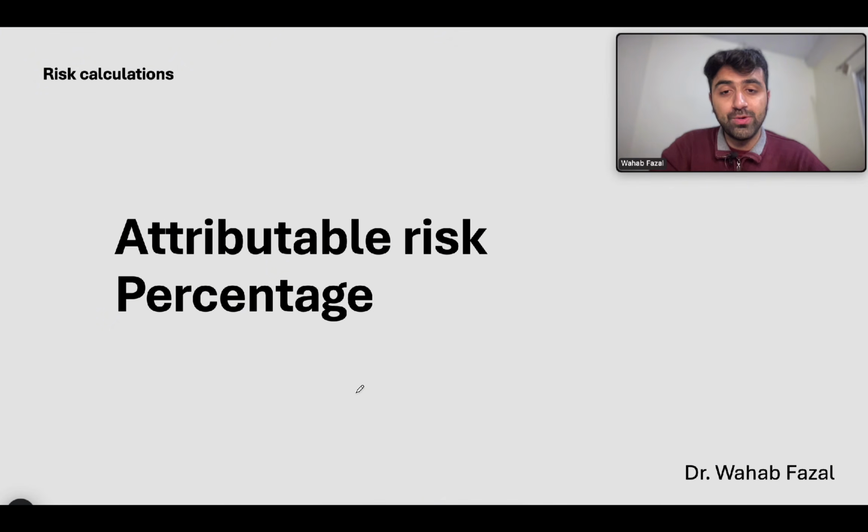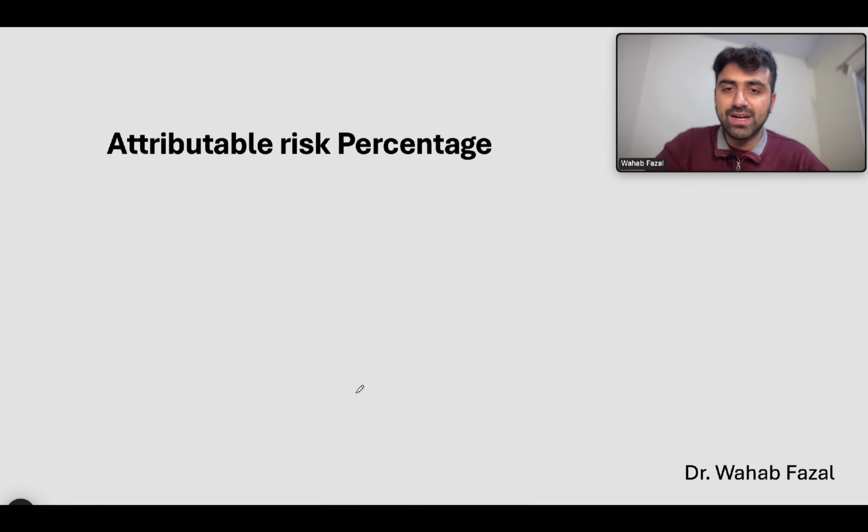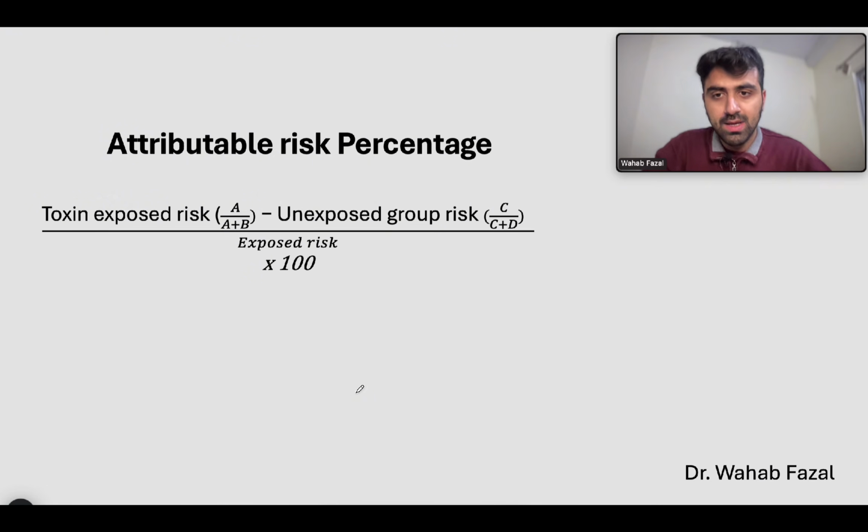What is attributable risk percentage? This is a very simple concept, and I'm not going to spend a lot of time on it. If you understand the concept of attributable risk, this is very simple for you. So let's get into it. It's the same thing. The top part of this equation is the same as attributable risk, meaning the risk in the exposed group minus the risk in the unexposed group. The difference is that you divide this whole thing by the bigger box, the exposed risk,